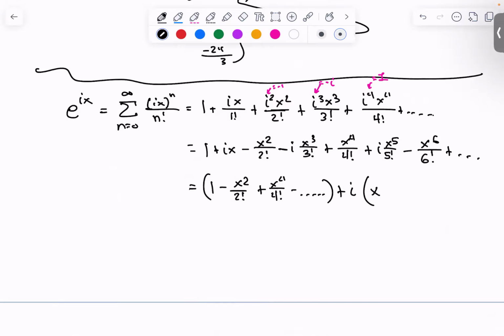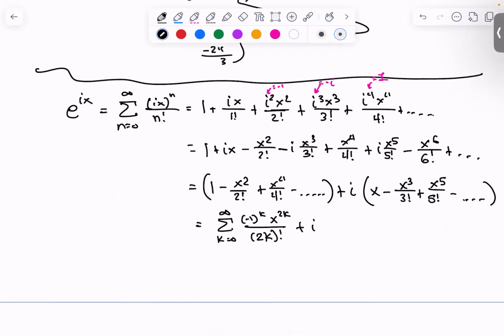And then we've got x minus x cubed over 3 factorial plus x to the fifth over 5 factorial minus dot, dot, dot, on forever. Now, if you were to write this as a series, that's all the even integers. This is equal to the sum from k equals 0 to infinity of (-1)^k x^(2k) over (2k) factorial. And then this is i times the sum from k equals 0 to infinity of all